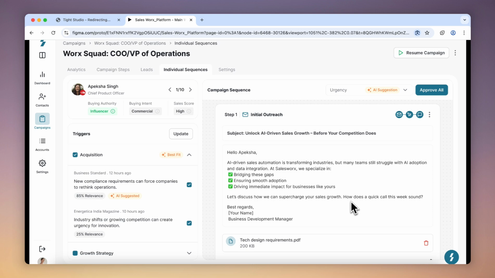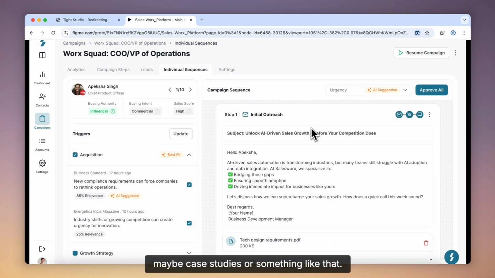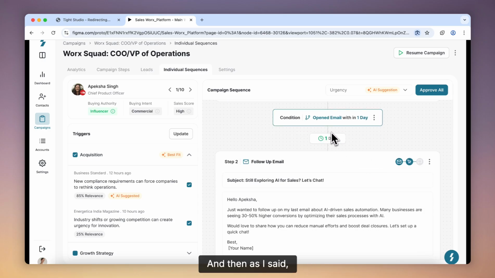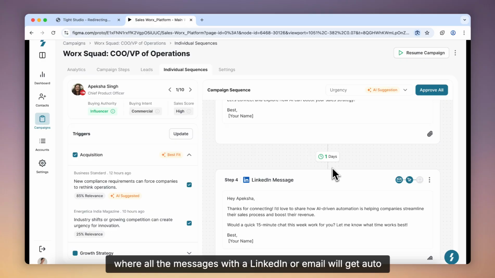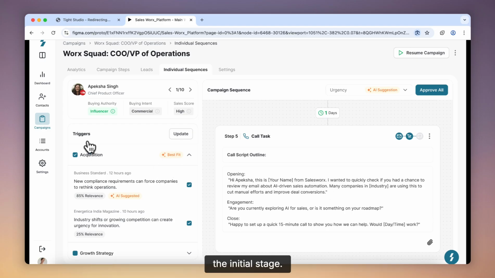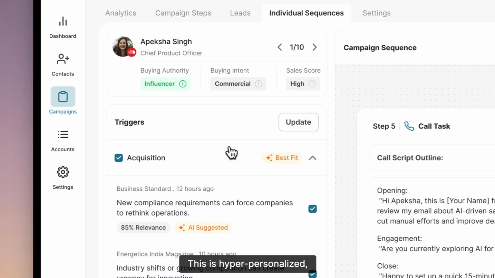So as you're saying, you can attach your maybe case studies or something like that, and you can put conditions. If open email within 1 day, then what should happen? This is static sequencing. And then as I said, you can set up smart sequencing also, and then the follow-up emails will go like this, where all the messages, whether LinkedIn or email, will get auto hyper personalized basis the sales trigger which you have selected during the initial stage. So this is how it works, right? This is hyper personalized,